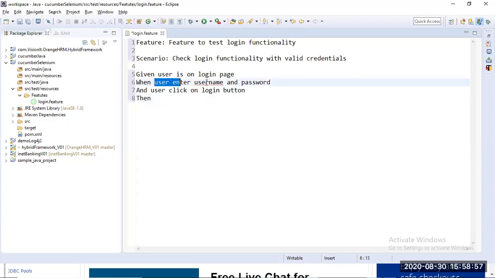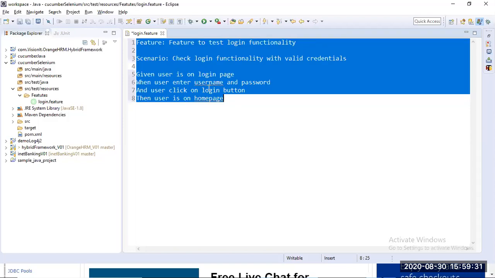So we'll write: when user enters valid username and valid password and clicks on login button, then user is on home page or dashboard page. Let it be home page. I will write "user is on home page." This is the plain language we are writing.